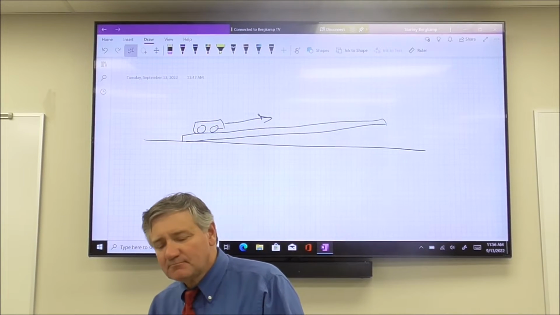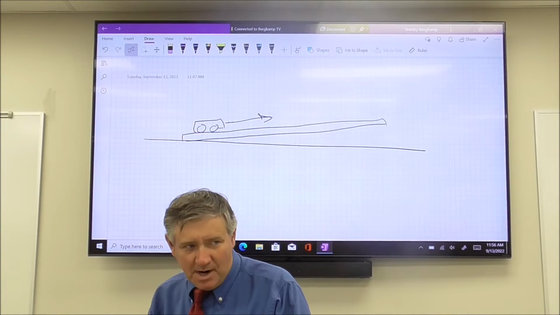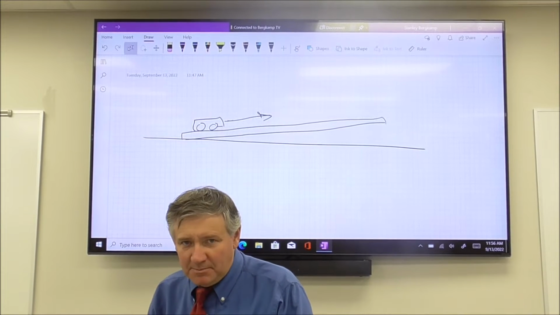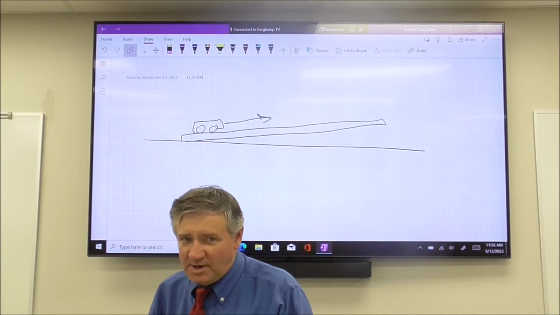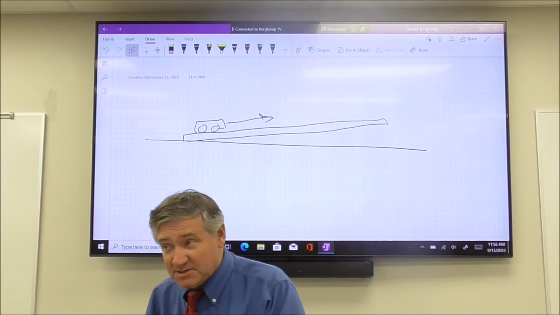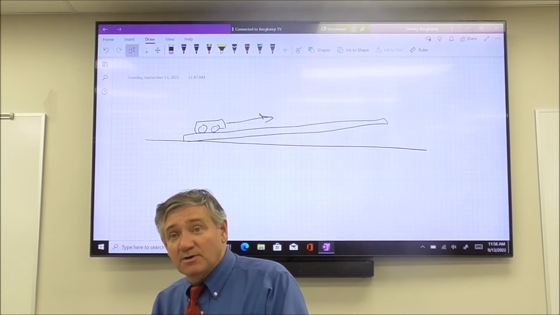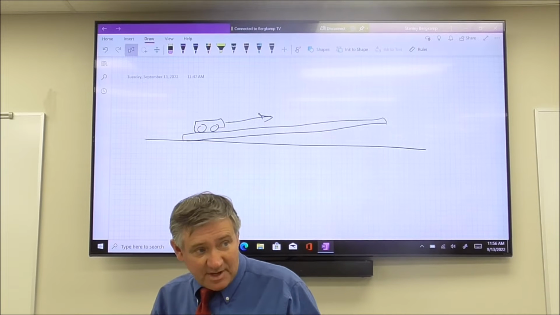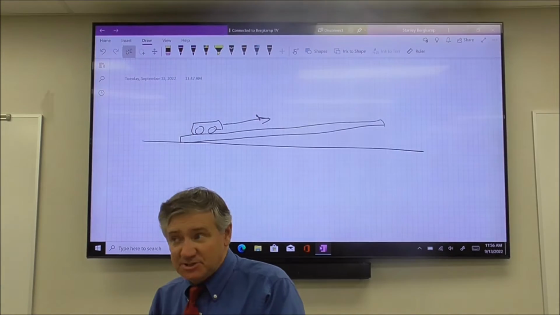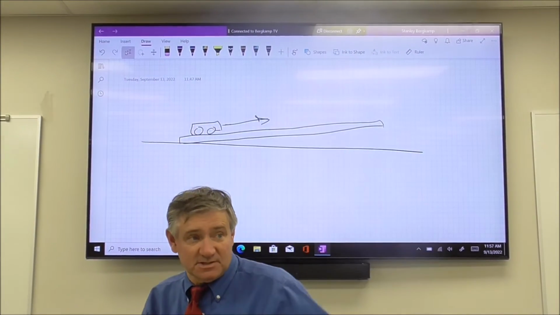changes. And again, I cannot emphasize this enough. You have to get out of your mind that when I'm talking about acceleration, I'm talking about speeding up. That's not what I'm talking about. I might be, but acceleration could also be slowing down. Acceleration could be changing direction. So if you have a certain velocity vector, and you look at that vector at some point in time later, and it has changed in any way, shape, or form, gotten bigger, gotten smaller, changed the direction of it,